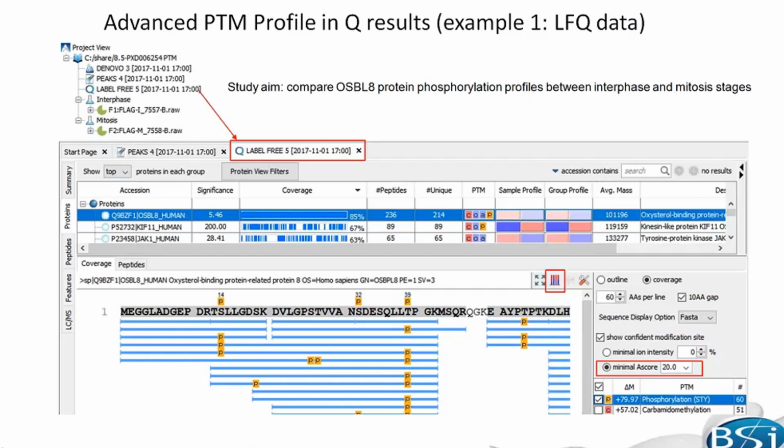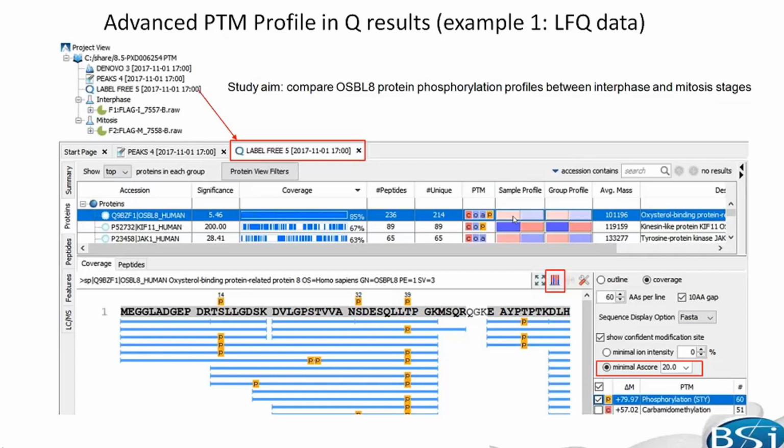So here we have some label-free quantification results looking at a specific protein here. And if you look at the sample profile, you'll notice that there is some slightly different expression of the full protein between the two samples. So one of the reasons why we made sure to include PTM profiling within our quantification is because you need to consider what's actually going on at the full protein level when you're looking at specific PTM sites, because you want to make sure that the change that you're reporting for your modification is not skewed by what's actually going on